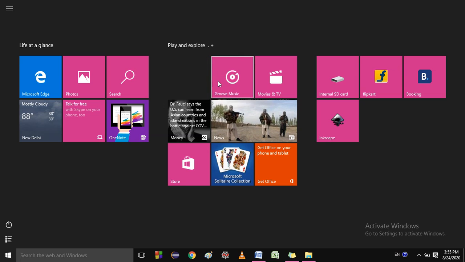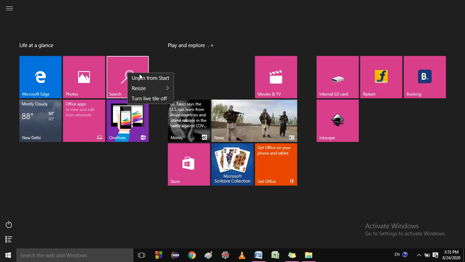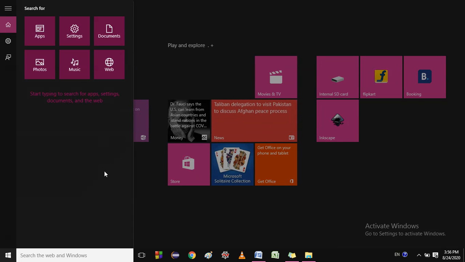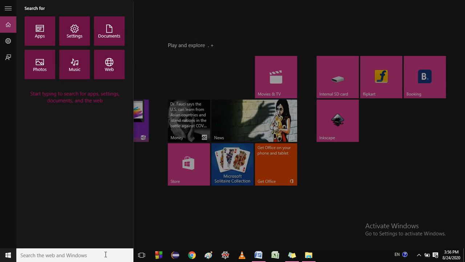However many app tiles I want to remove from this start menu, I will just right click on that app and do unpin from start. So it will be removed from the start menu.